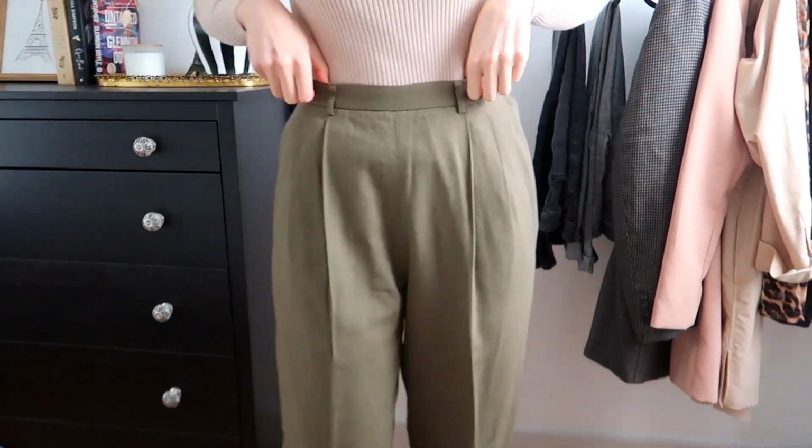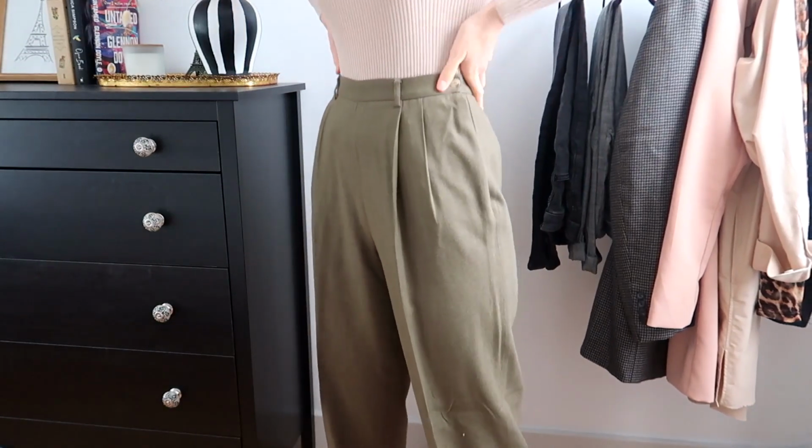I mean, I could have mixed it up a little bit more for the bottoms. I could have thrown in a skirt or anything like that, but on a day-to-day throughout the winter, I'm usually not the kind of person who throws on a skirt in Canadian winters. It's not my thing. Maybe once in a blue moon, or if I'm doing something a little bit dressier, I'll pop that in,